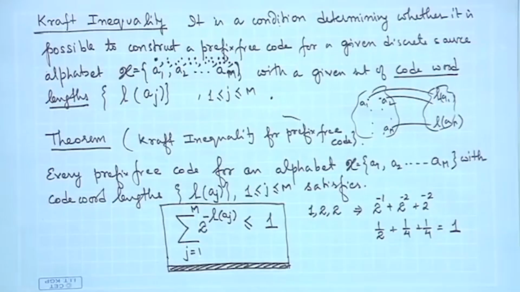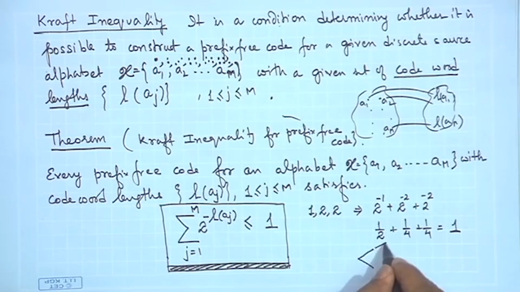Now, what is the importance of this? The importance is that since I know a prefix free code can be constructed, I can easily go ahead and construct the prefix free code. Now, how do you construct the prefix free code? Get back to the tree